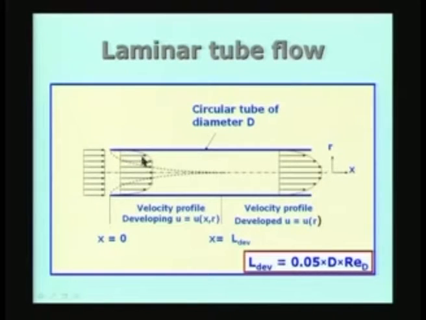So this is the typical velocity profile you will measure if you make the measurement of velocity across the cross section here, and this velocity profile is given by u, which is a function of both x and r. That means x is the location along the length of the pipe or the tube, and r is the radius measured in the radial direction in the tube. So it depends on two coordinates x and r, therefore the flow is essentially two dimensional here, because it depends on both x and r.